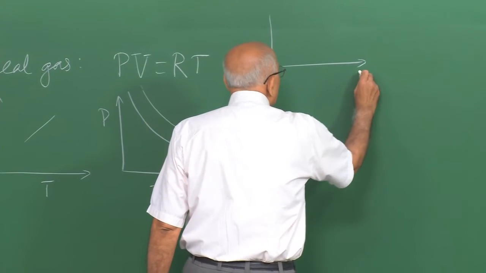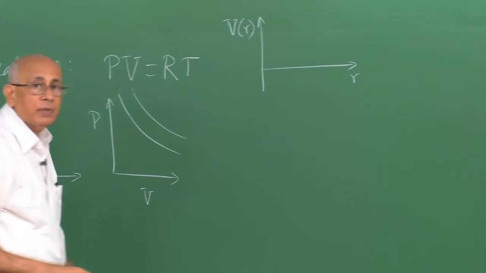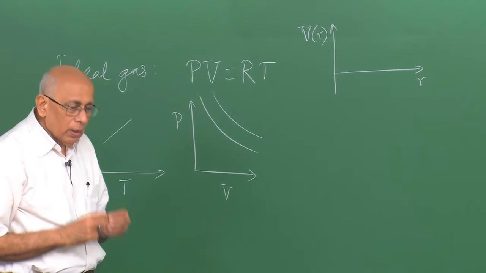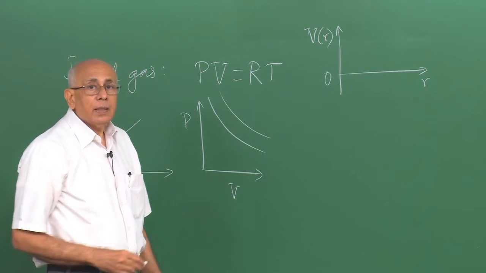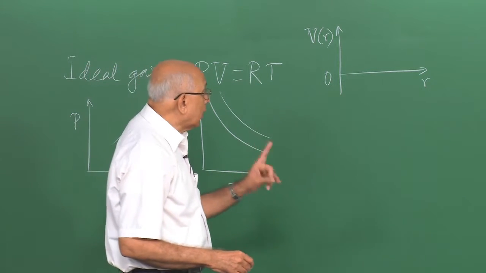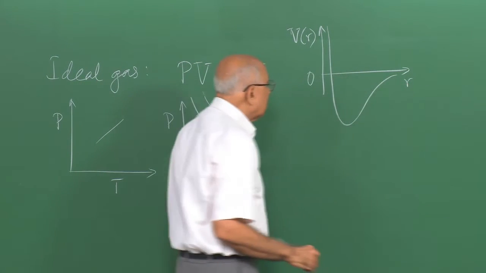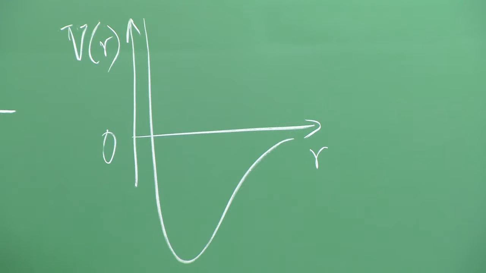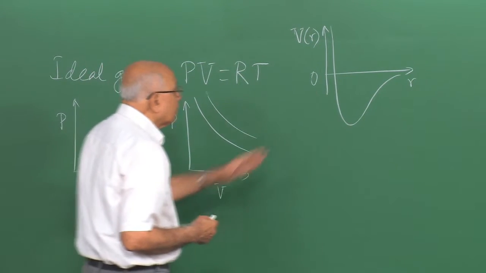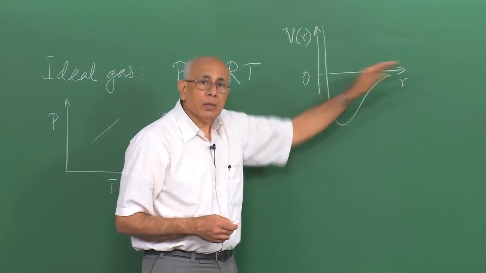Remember that it came from the fact that if you plotted the intermolecular potential V of r as a function of the distance, so imagine you had one molecule at the origin of coordinates and another molecule at distance r from it, then the real intermolecular potential for neutral molecules is typically of this form, as we have seen several times, namely below a certain distance the force is repulsive and after a certain distance there is a long range attraction. We even saw what the form of this potential would be like. It is like 1 over r to the 12 divergence here and 1 over r to the 6 decay to